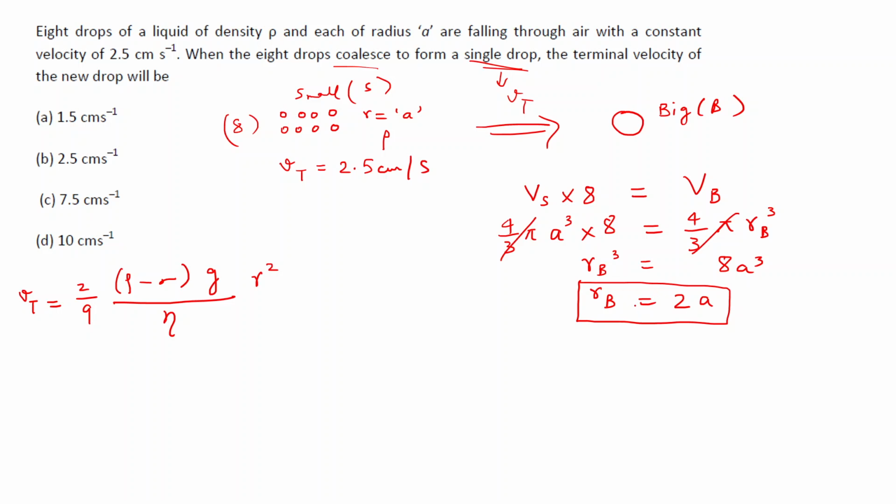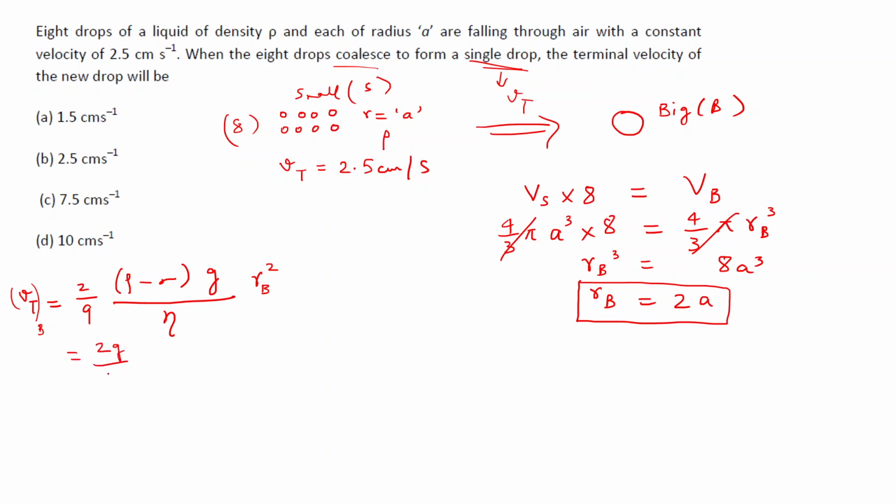Now this we understood, it will be 2a. Now substituting this here, this is say the terminal velocity of the big drop, so V_B. Since the drops are made up of the same liquid, density for both will be the same. Density of air will also remain the same, g will remain same, eta will remain same. Okay, only this radius now we need to take care of. So I'll denote it R_B to show that it's the radius of the bigger drop, and substituting the values